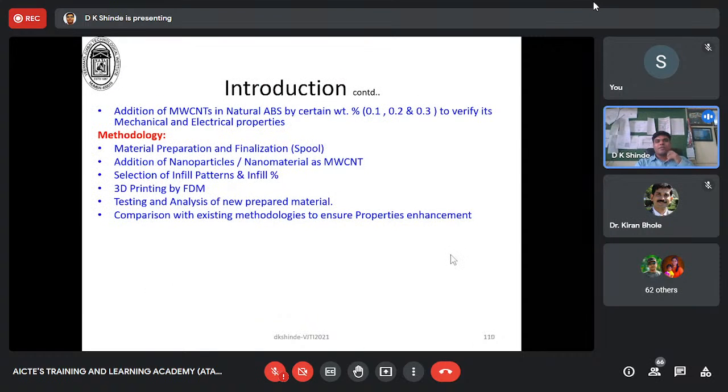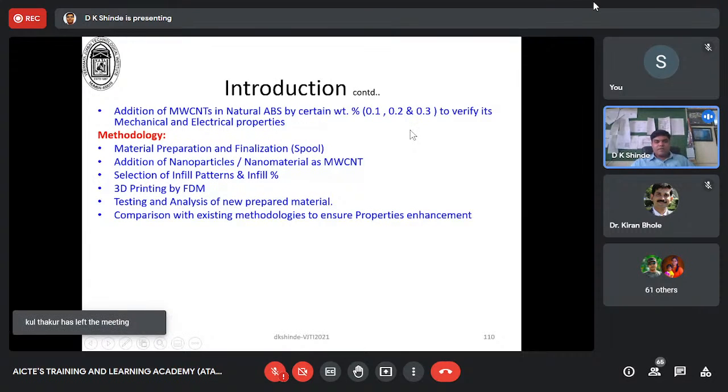Our previous work with ABS and multiwall carbon nanotubes gave a clear idea about improving the mechanical properties. So we chose to see, by changing the infill patterns and percentage infill, whether the electrical and mechanical properties have any kind of influence on the ABS with MWCNT. So we again went back to our vendor to prepare our own spool,